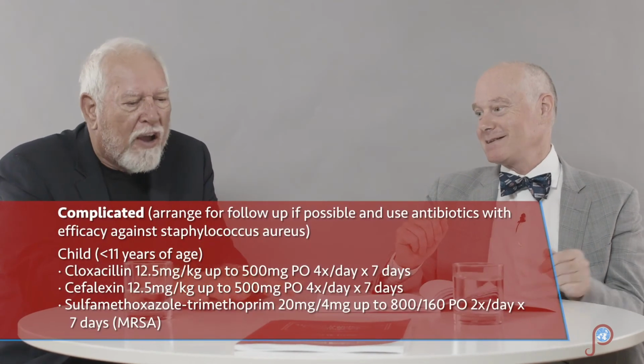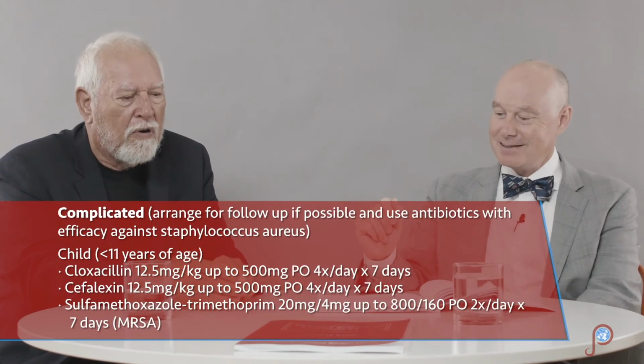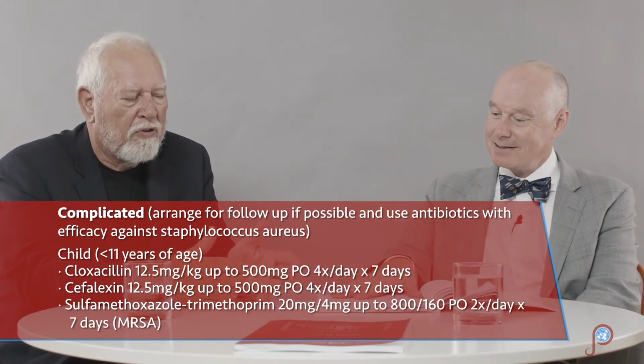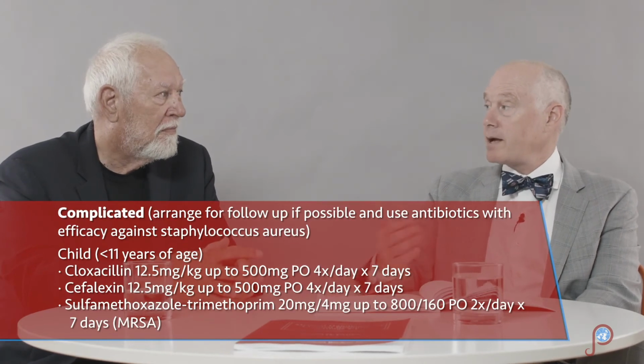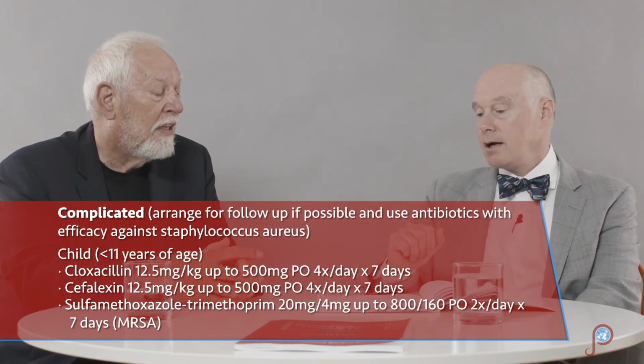But if we have localized, uncomplicated impetigo, what do we have? Well, an easily treated disease. And what is the opposite of uncomplicated? Well, then you've got complicated underlying mechanisms that might allow this to occur, but that's not the real issue. With the complicated form, this is where we might get into oral antibiotics.